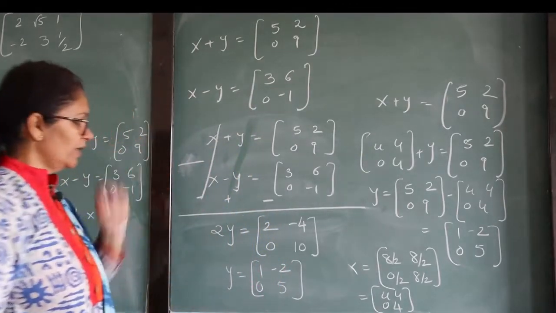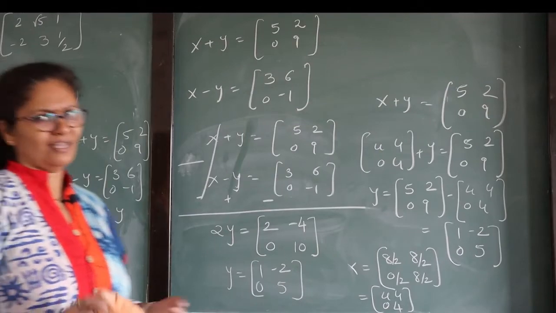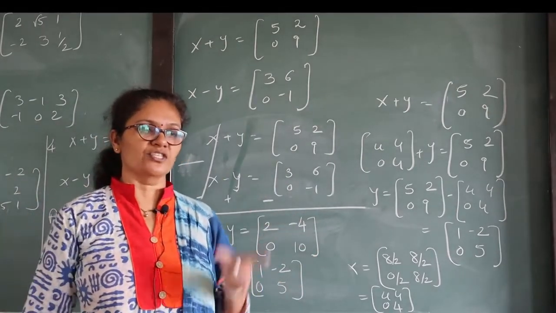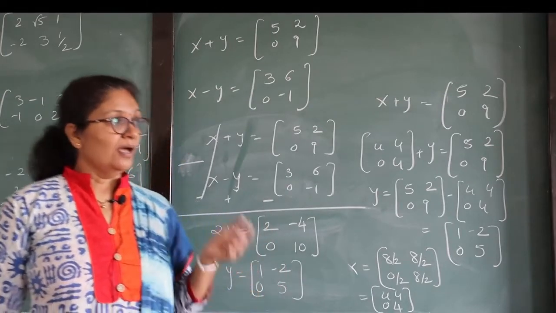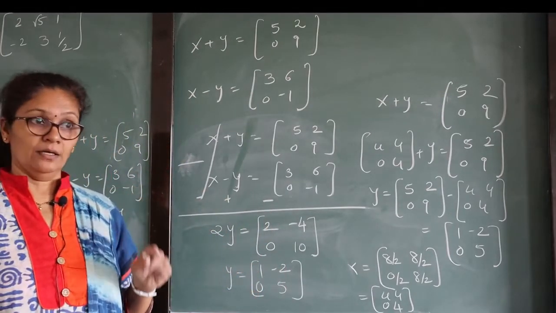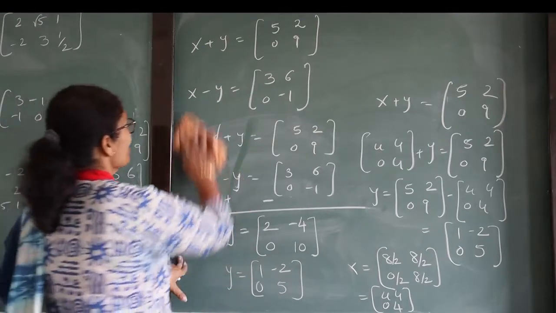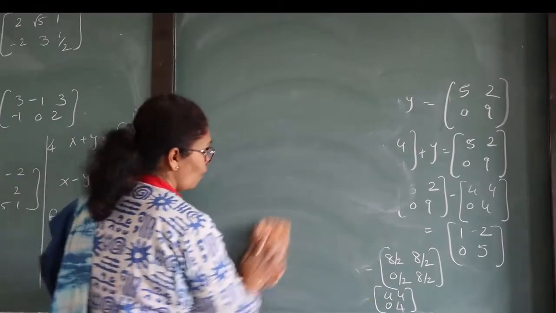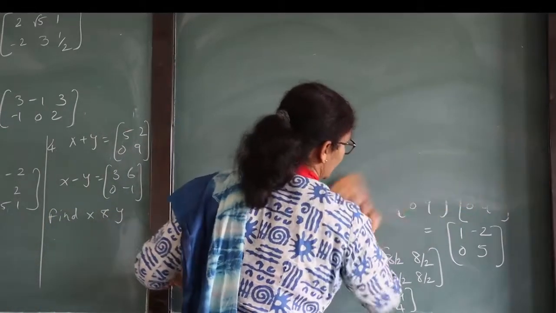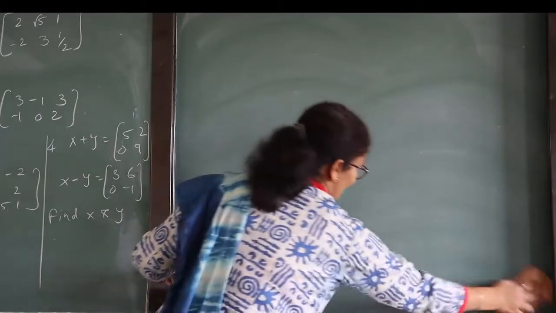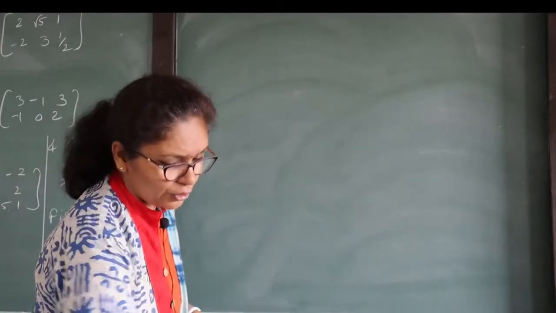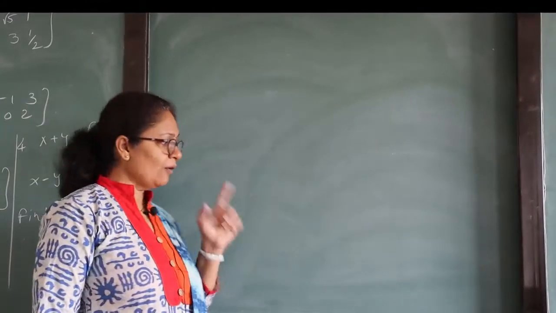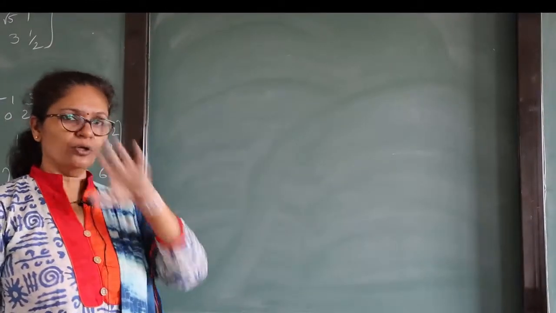By both ways you get the same thing. Okay, now after completing all this, I think it will be clearer to you how to perform algebraic operations: addition, subtraction and multiplication with a scalar. Now we will start simple multiplication of matrices, and this is the most important part of this chapter. Up till now what you learned is basic, and we can use those questions for 1 mark or 2 marks. But now the full chapter is based on this method.